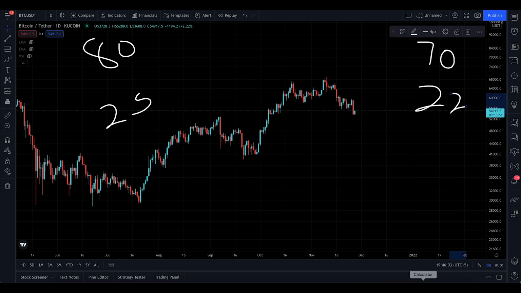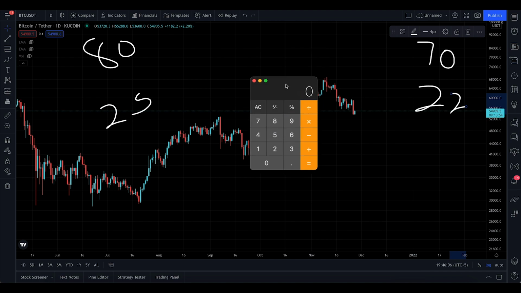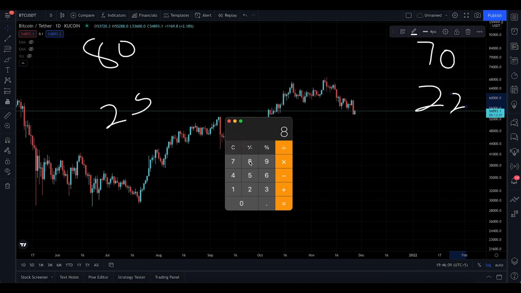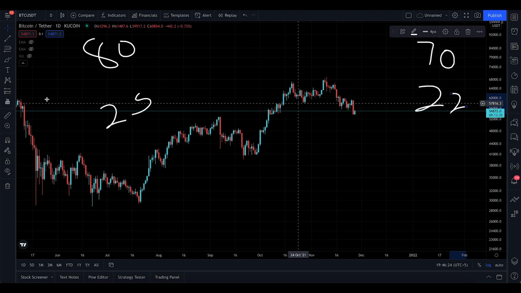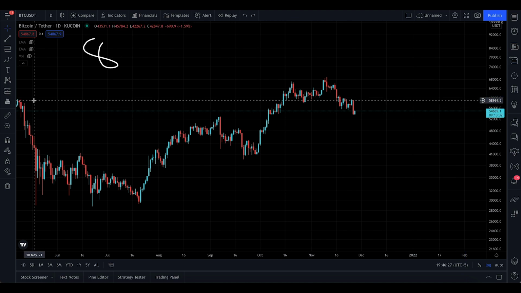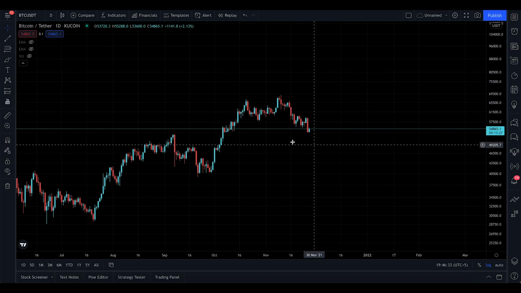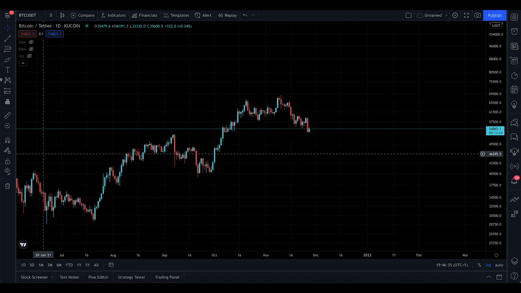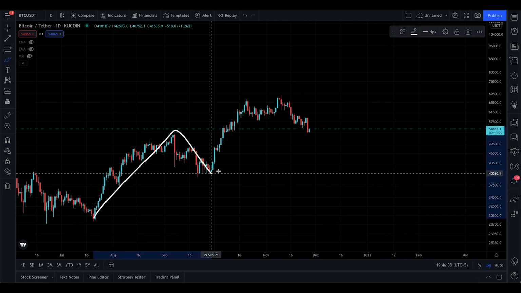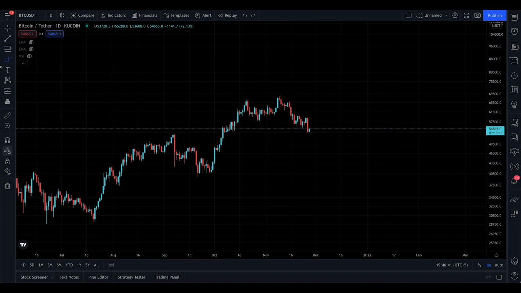So using these numbers, I'm gonna bring up the calculator right there, and let's say you went 80 plus 70%. That's going to be 150, and I need the average for the next prediction. That's divided by 2, and that's going to be 75%. Okay, I can say that it can pump 70%. Let's give a very, very safe prediction here that if we pump 70% from this correction now, because we are looking to go in a waveform, okay, up, down, up, and go up, okay.